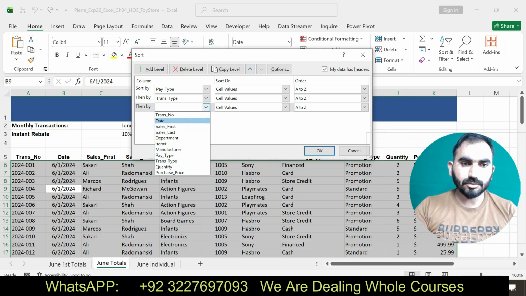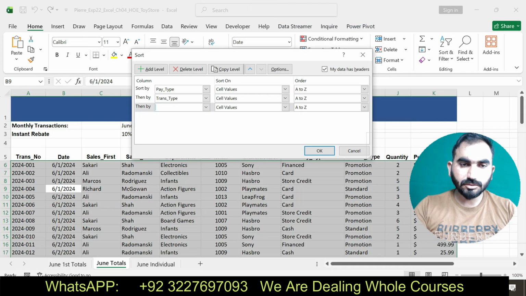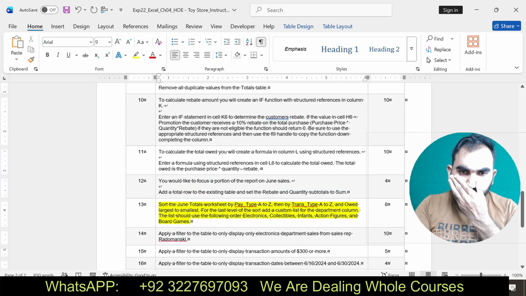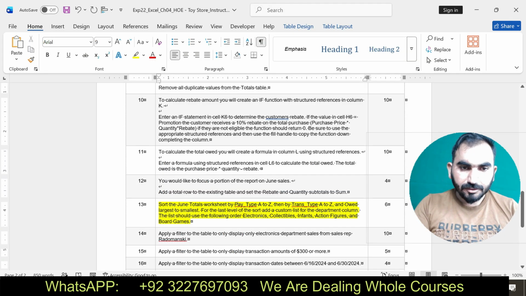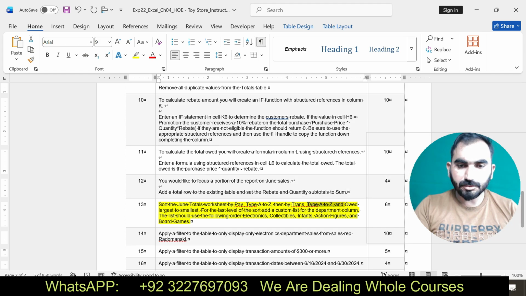Then add the last level. Pay type A to Z, trans type A to Z, and largest to smallest.